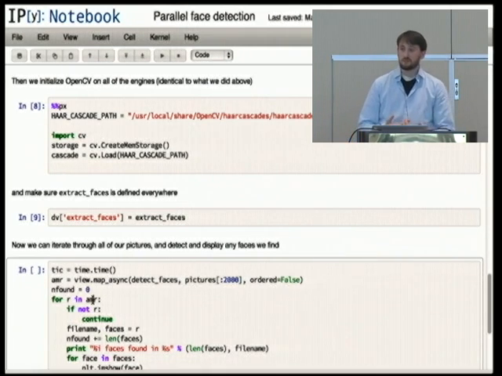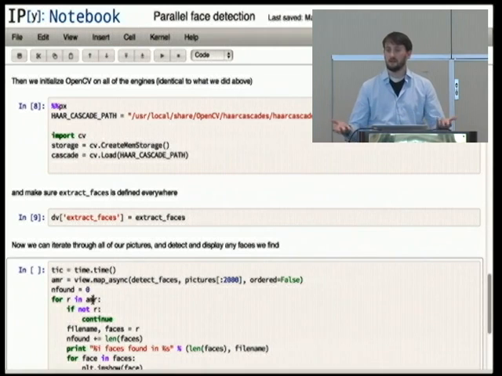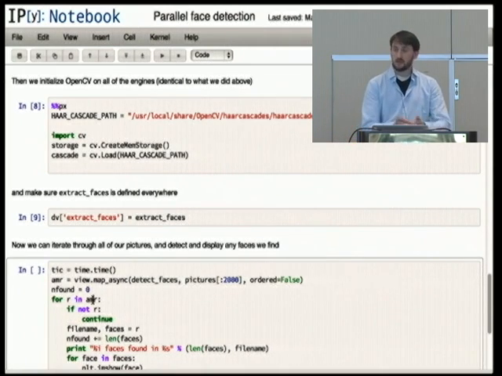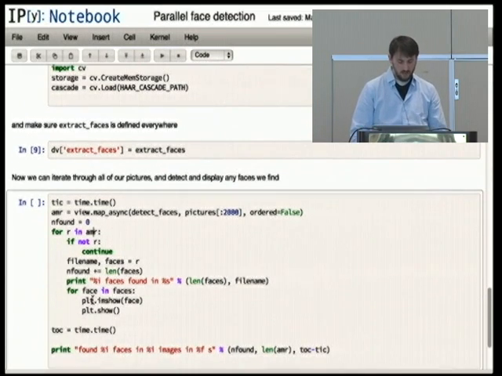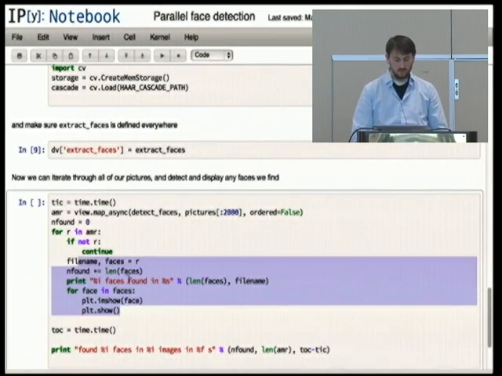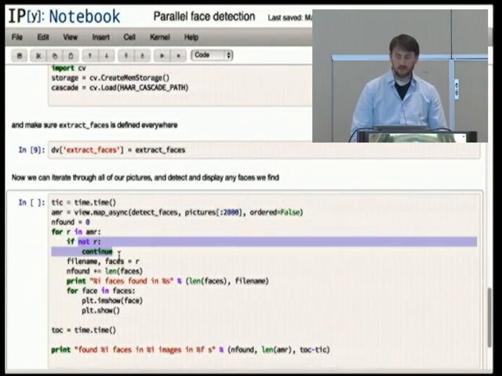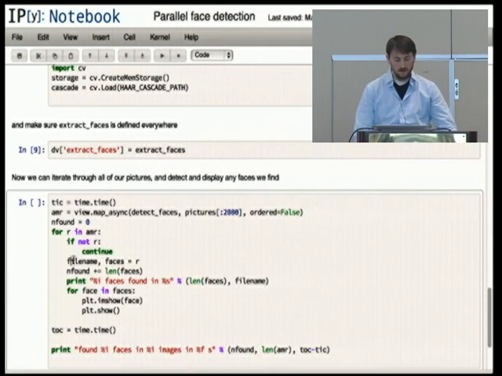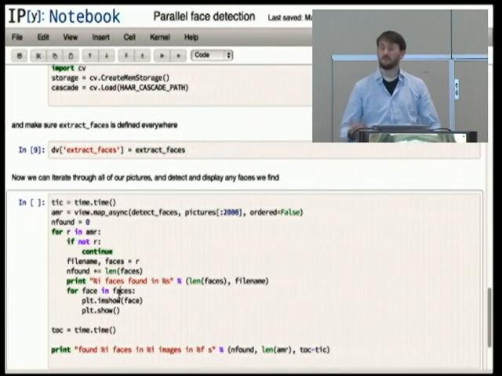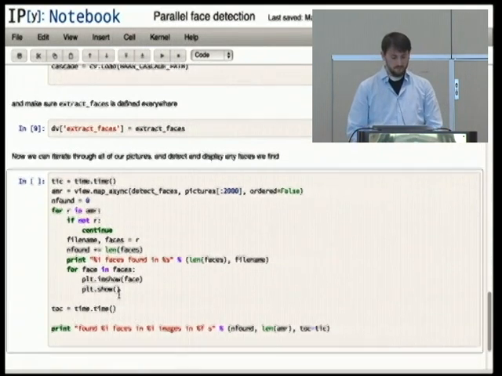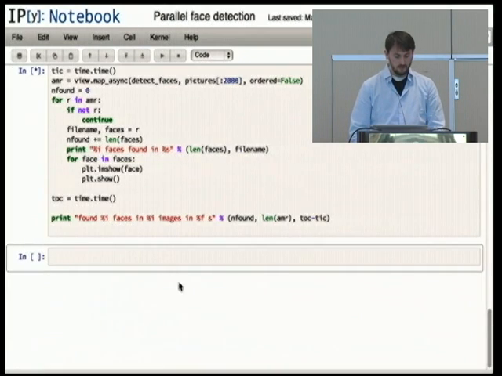So with these async results, you can actually iterate through those results immediately, before they're done. So I start iterating through results, and what it will do is wait for the next sub-element of the result to finish, and then it will yield that every iteration as they arrive. And then all I do is, if it didn't find anything, just wait for the next one, and then unpack the result and show the image with matplotlib if it found a face, or more than one face. So if I just run this,